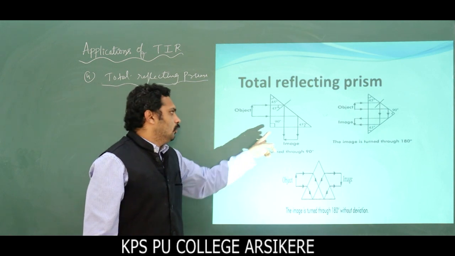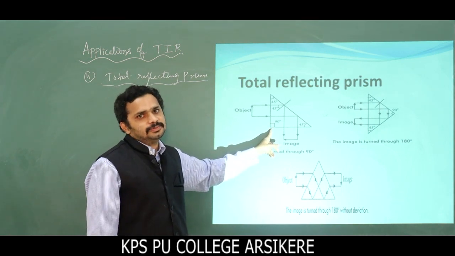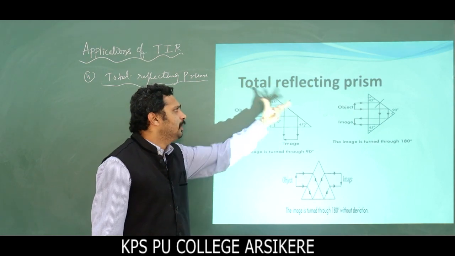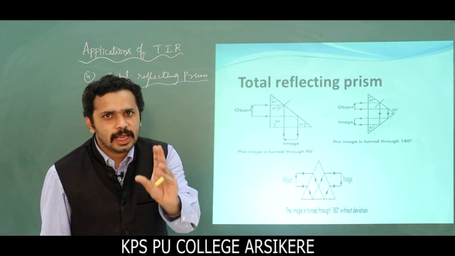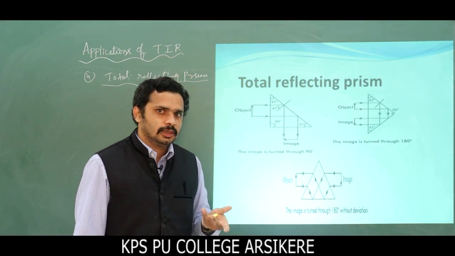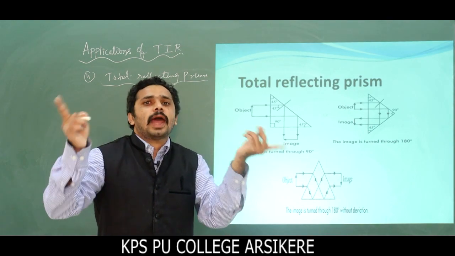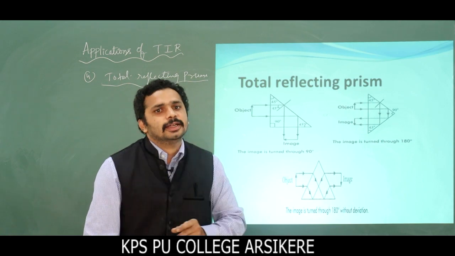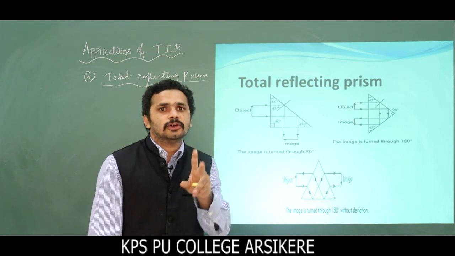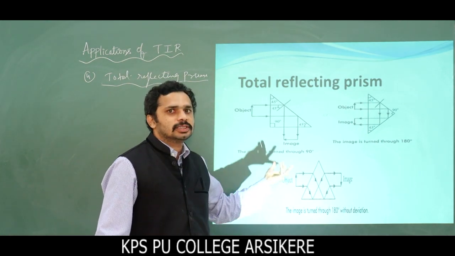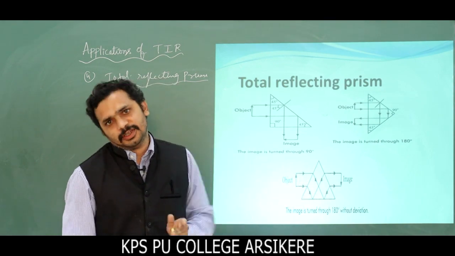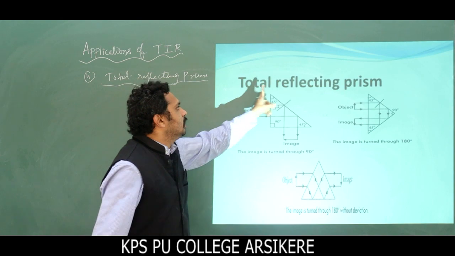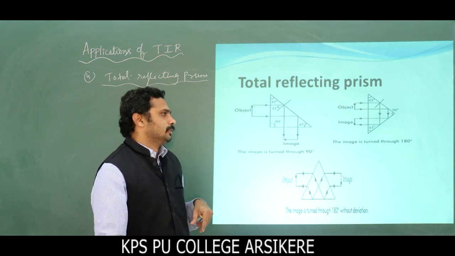Know that what a prism is, we will discuss later. This time I am explaining in a simple way. A prism is a three-dimensional object. It consists of two non-parallel faces tilted with some angle. The prism consists of two triangular faces and three rectangular faces. I am going to explain in detail later, but I am using the prism for reflecting purpose.